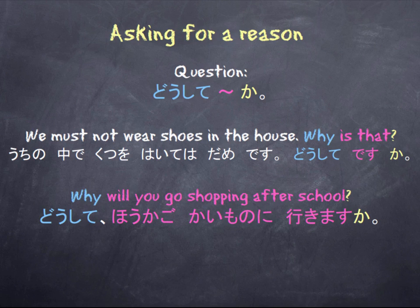Why will you go shopping after school? どうして放課後買い物に行きますか? So we have our question here, which is why, and our sentence in between is will you go shopping after school? 放課後買い物に行きますか? So if we drop off the どうして